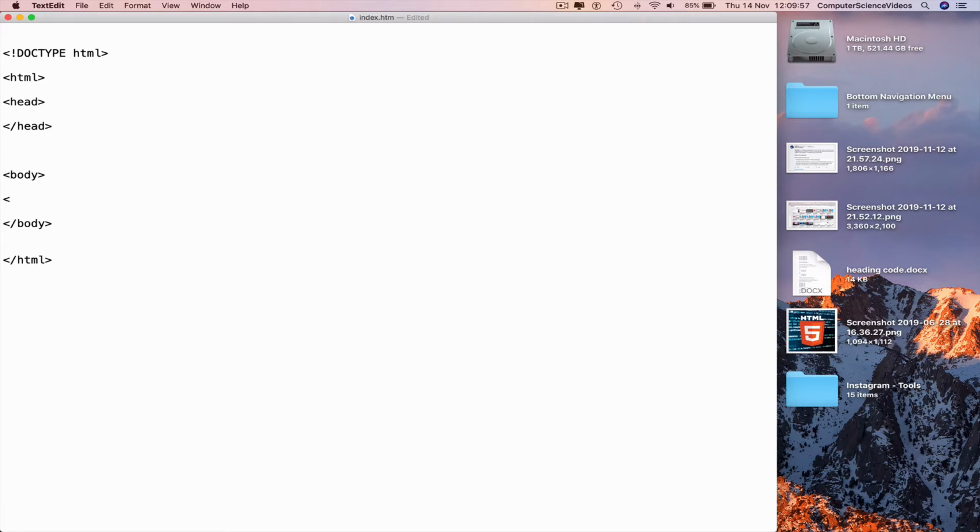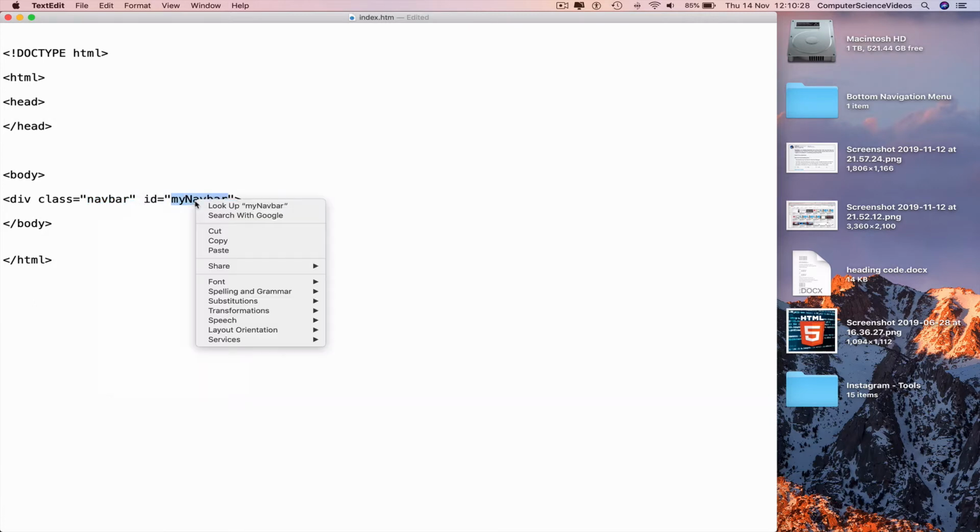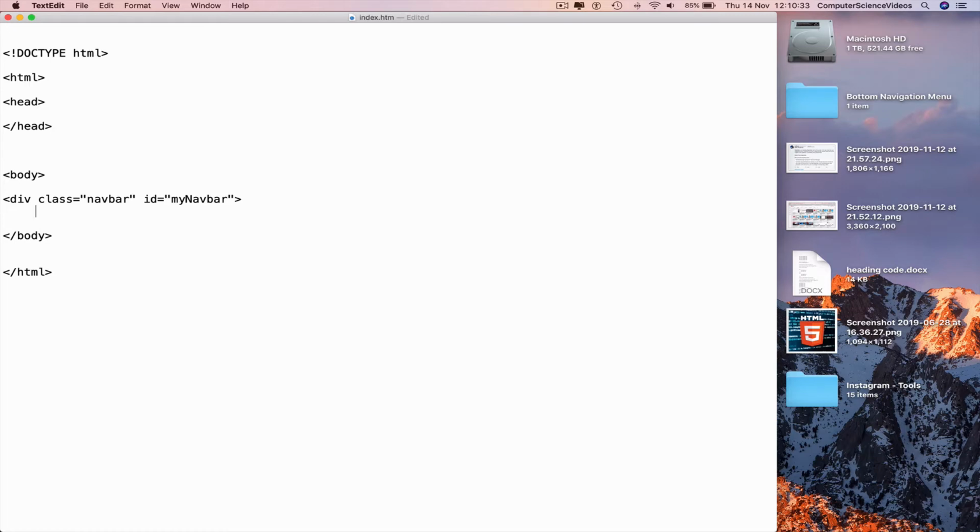So, less than div class equals speech marks navbar, ID equals speech marks myNavbar, greater than, go to a new line, indent, less than a href equals speech marks hashtag home, class equals speech marks active, greater than, home, less than slash a greater than, go to a new line again, indent, and then complete the